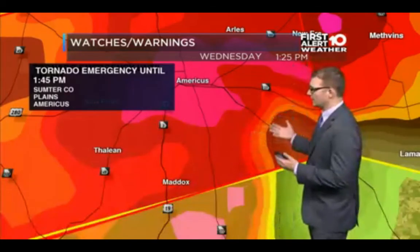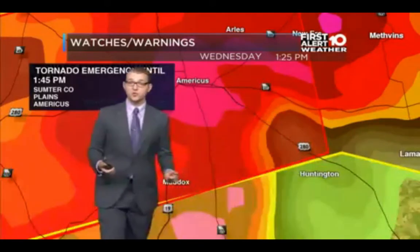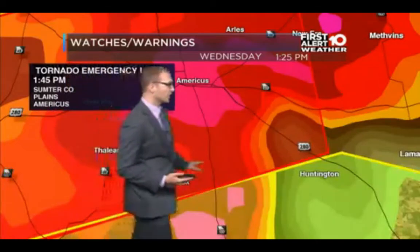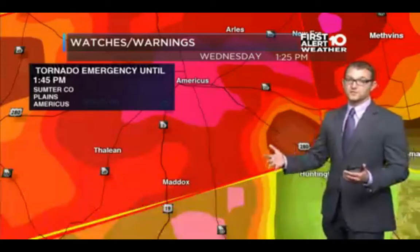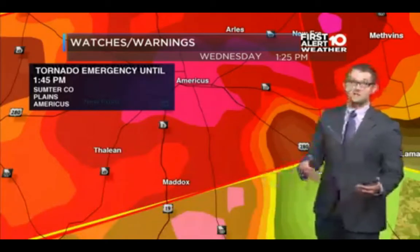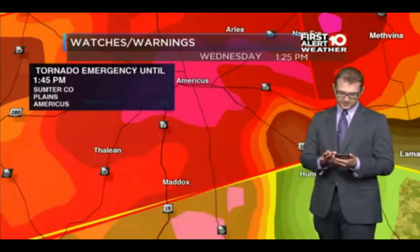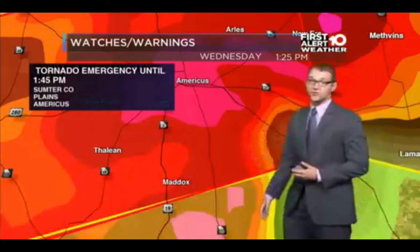Of course, if you're in Sumter County, or if you live east of Sumter County, you want to make sure that you're in your safe spot, especially in the Maddox area going toward Huntington. So I do imagine if this tornado indication stays the way it is, we're going to have this extended a bit further off to the east here as this continues to push off toward the east. It's still about 30 miles an hour, which it's indicated. This really is a life-threatening